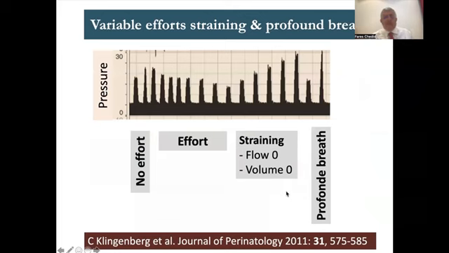Another picture of variable effort, straining, and so on. This is a patient who was doing initially no effort, and everything was done by the machine. And then he started helping the machine, and the PIP started going down, down, down, because he was helping the machine and getting more volume than we wanted. So no effort to effort. Then at some stage, he decided he will do what's called straining. He pushed like that and did not allow any air to come in.